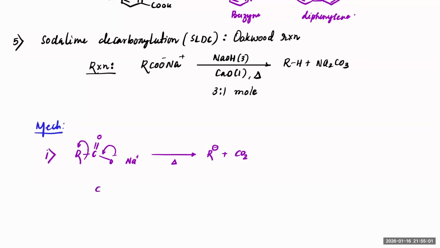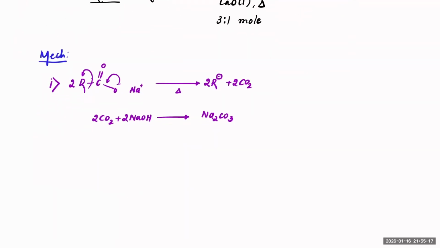Of course, this carbon dioxide, if I take 2 moles of this one, it will combine with 2 moles of NaOH to convert into Na2CO3 form. And now this is the rate determining step,